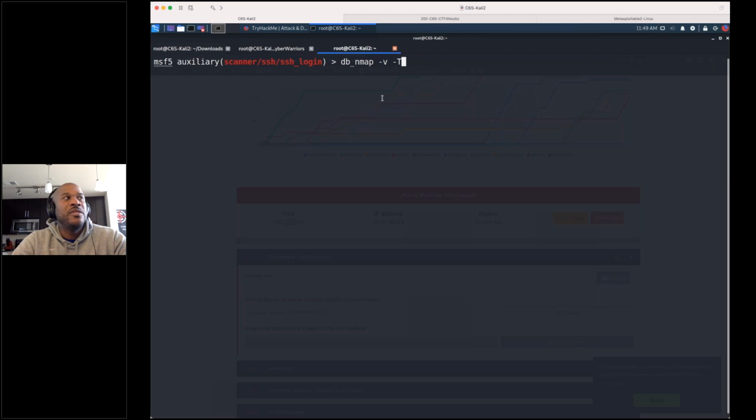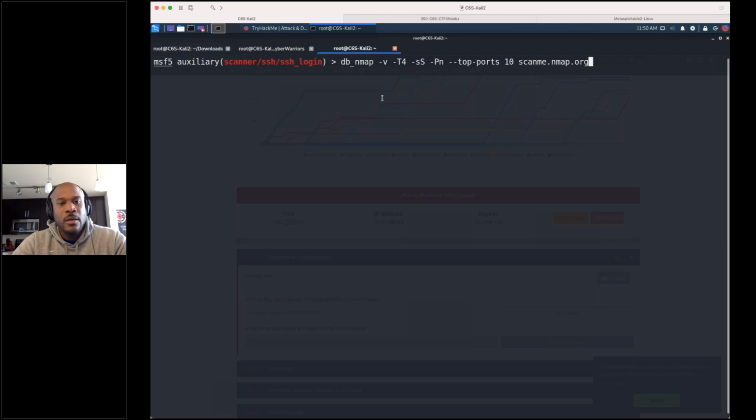A -T for the speed. I want it really fast, not insane. I'm going to do a half open scan, often called a stealth scan. It's not so stealthy. -Pn, meaning don't ping. And I'm going to do a --top-ports 10. And my target will be